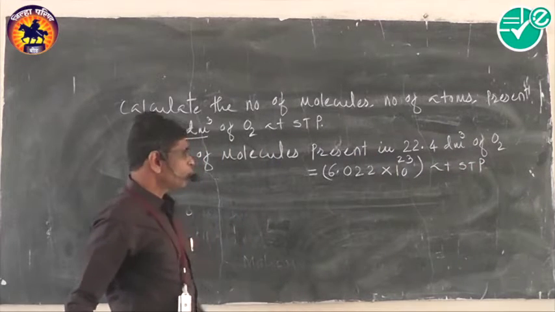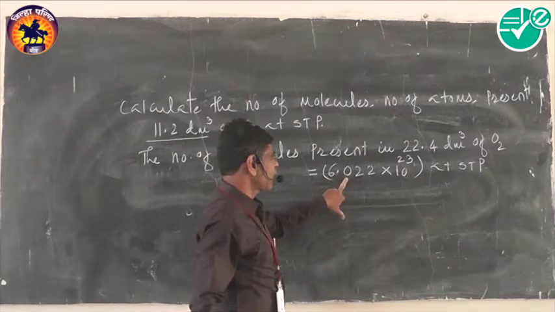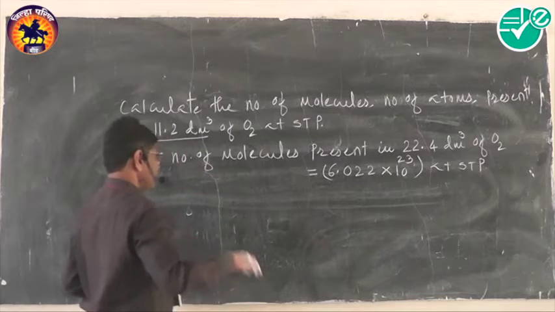It means 22.4 decimeter cube of oxygen consists Avogadro's number of molecules. Then